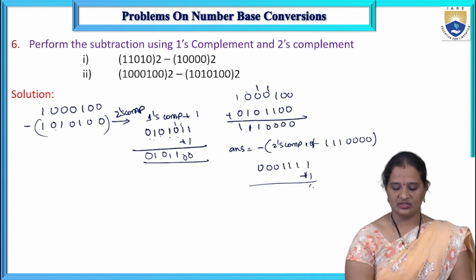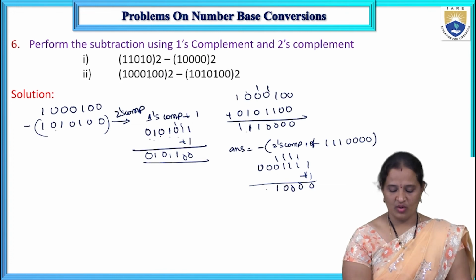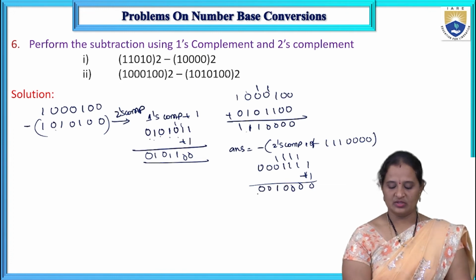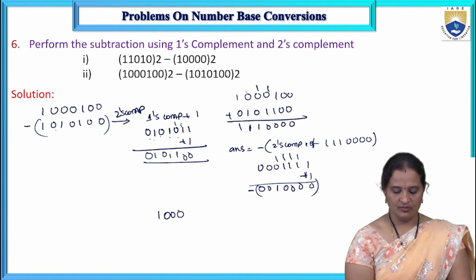So how much will I get? 0 with the carry 1, 0 with the carry 1, 0 with the carry 1. Next, this is 1. Okay, 0 with the carry 1, 1, 0, 0. So this is the answer, right? Put a negative sign before it. So finally, I'll get 1 0 0 0 1 0 0